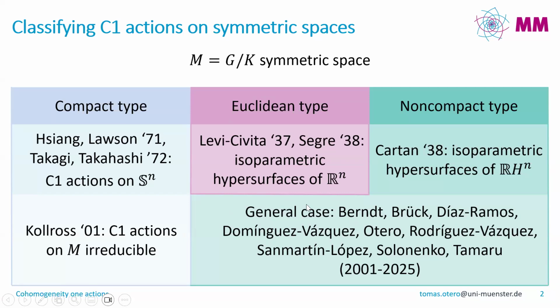And this, over a long series of papers by all these people here, which I'm not going to cite individually, allowed us to finally give a complete classification of cohomogeneity-one actions for any given symmetric space of non-compact type. Here I must remark that this also works for both irreducible and reducible symmetric spaces of compact type. So let me,